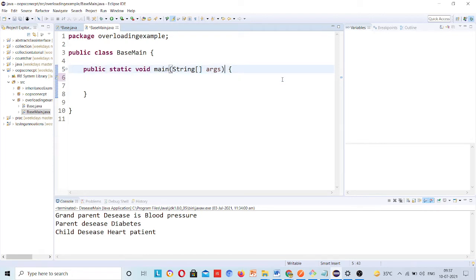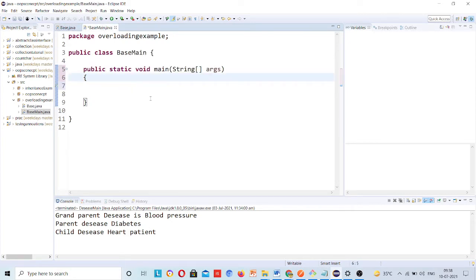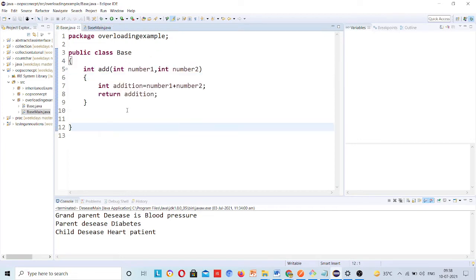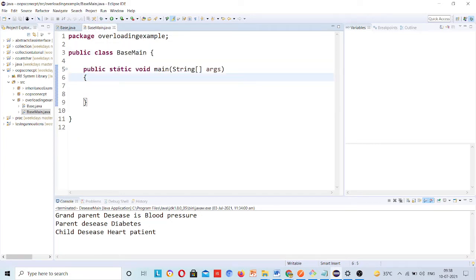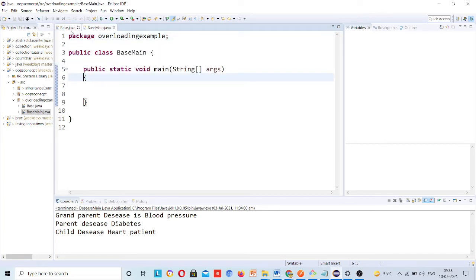Now if I have to utilize this base class inside this BaseMain, then we have to do one thing. What? We have to create an object for it, because this base is a different class, and this BaseMain is a different class. Okay. So if I want to call this method, then I have to create an object for this class.